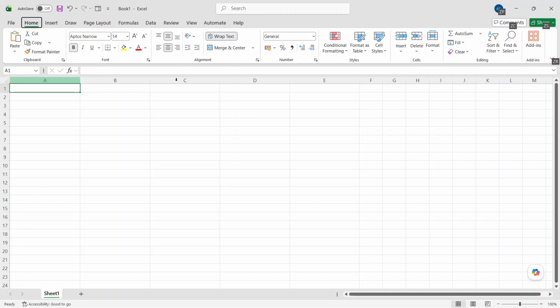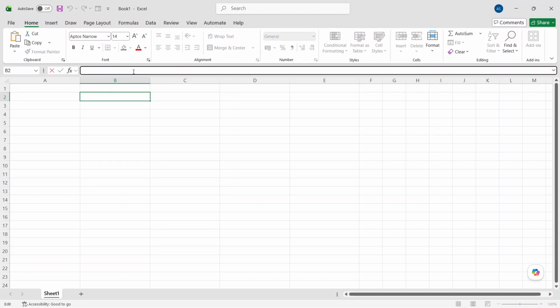Once your workbook is open, select the cell where you want the sequence to begin. For this example, click cell B2. This will be the starting point where Excel places the formula, and from there the results will automatically fill into nearby cells. Now, with cell B2 selected, type the sequence formula, enter equals, then SEQUENCE, followed by an opening parenthesis,